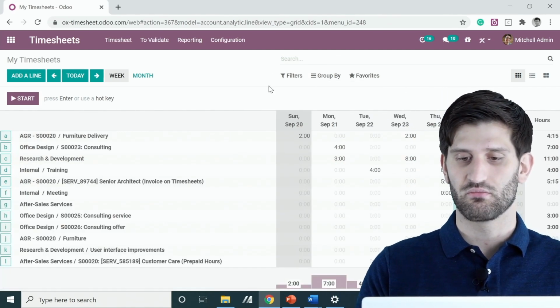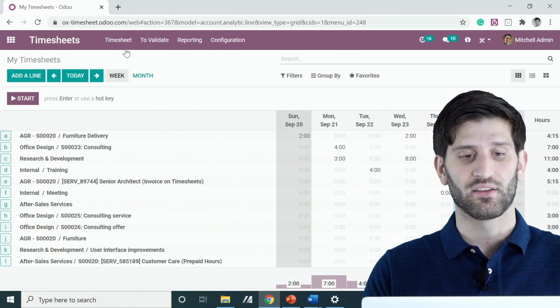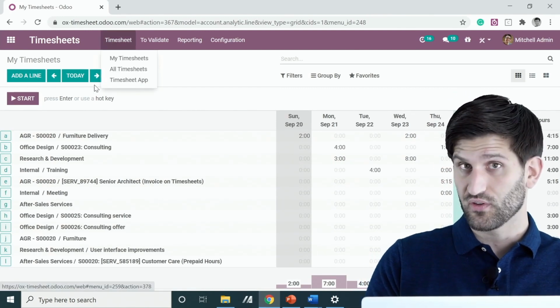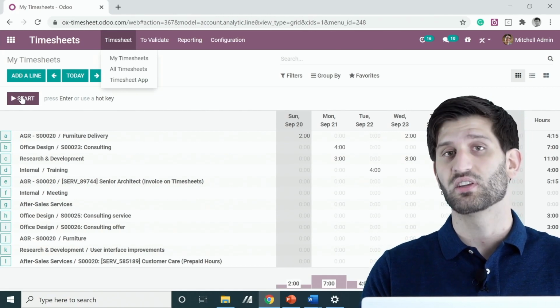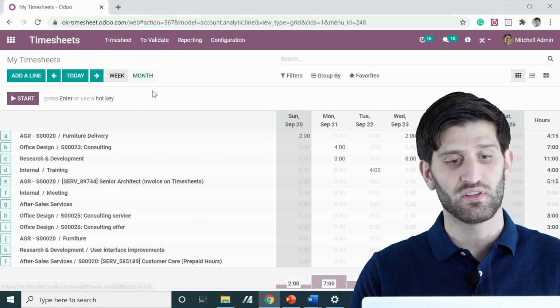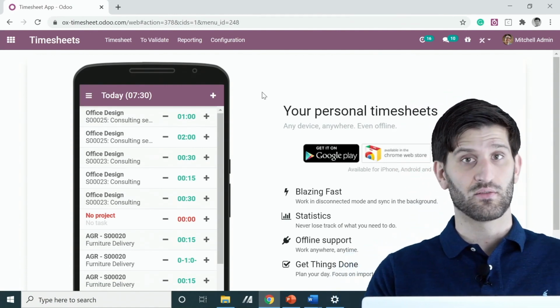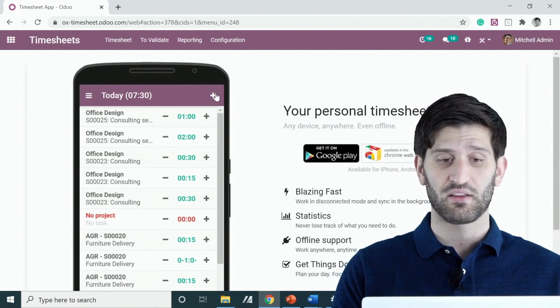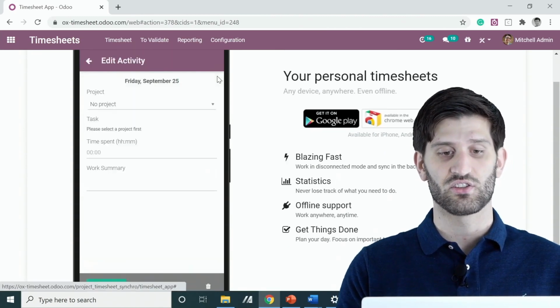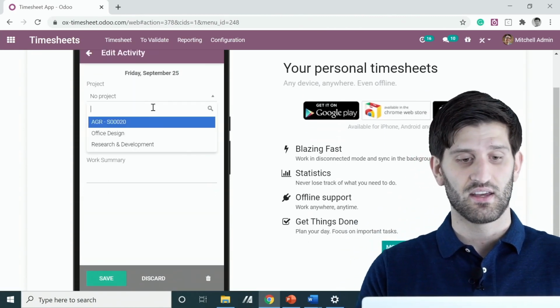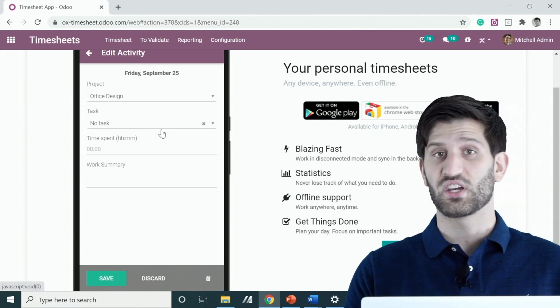Okay, so I'm just going to remove this filter and show you now 2 different ways. You can use this timer, a timer of task, but there are also 2 different ways to actually record your times through the awesome timesheet apps available on your new smartphone. As you can see here, you can just connect that to your database, have access to your project or office